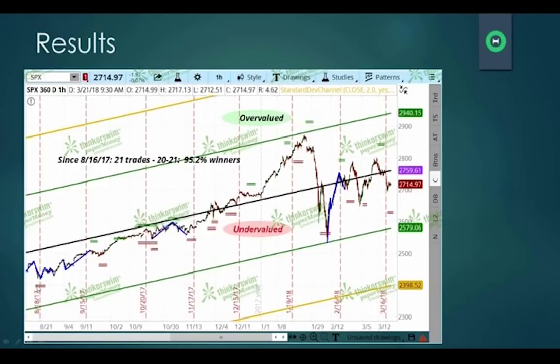How about this one? Got in here, exited right up here. Was that a winner? Yes, it was. How about here? Got in here, exited here. Was that a winner? Yep. Here, got in here, exited here. Winner? Yep. Winner to the downside? Yep. Winner to the downside? Yep. Since this chart goes back to August 16th,